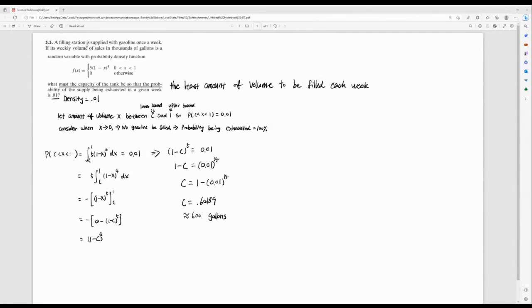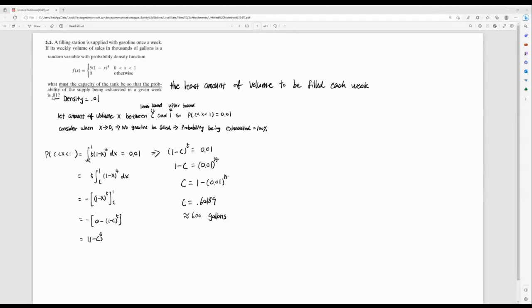This is 5.5 on chapter 5, question 5. A filling station is supplied with gasoline once a week. If its weekly volume of sales, in thousands of gallons, is a random variable with probability density function f(x) = 5(1 - x)^4 for x between 0 and 1, what must be the capacity of the tank so that the probability of the supply being exhausted in a